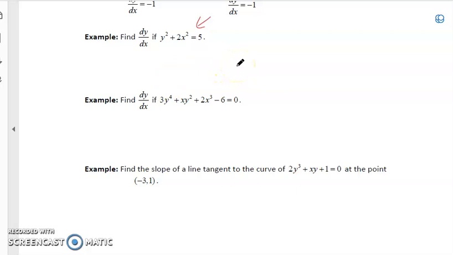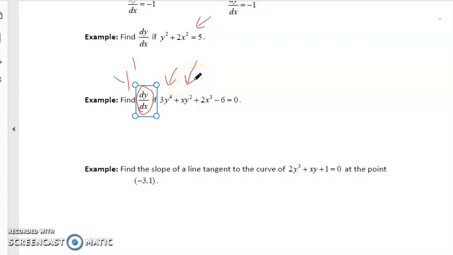It says find dy dx. That means your derivative. Now you can also use y prime if you like. You don't need to use dy dx. Some people like dy dx. And let's see what we have here. We have 3y to the power of 4. Okay, we know what to do there. We then have,